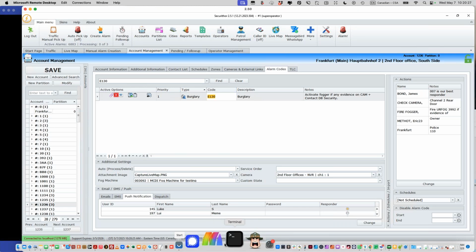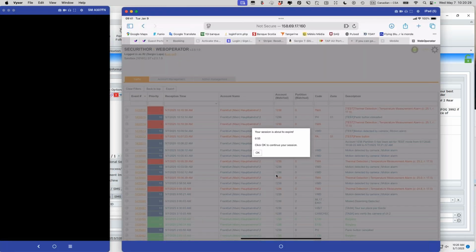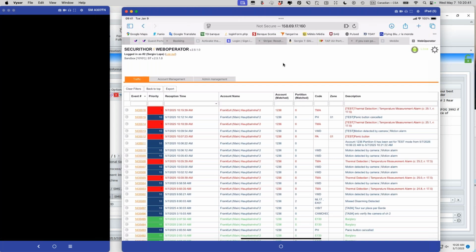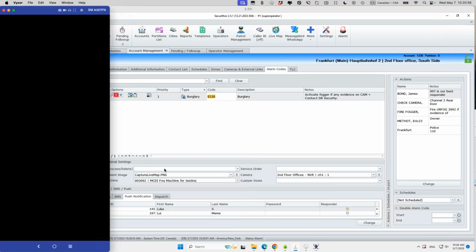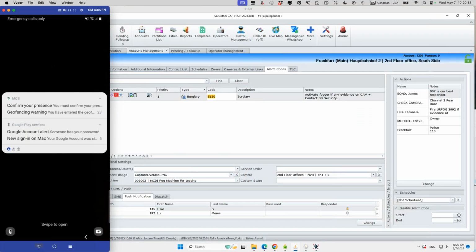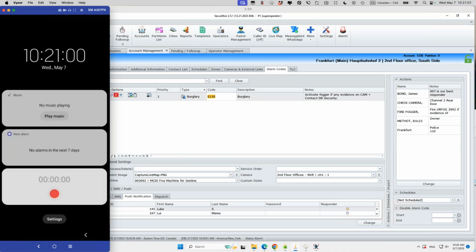I'm viewing something on my iPad just to show you. So this is the session timeout. 5 minutes without touching it, and you have this timer where you can click to continue the session or not. Something we could also look into, I'm going to log out of this and I'm going to go to,